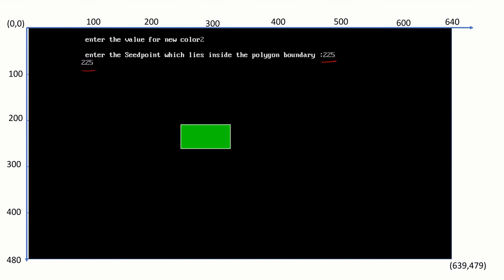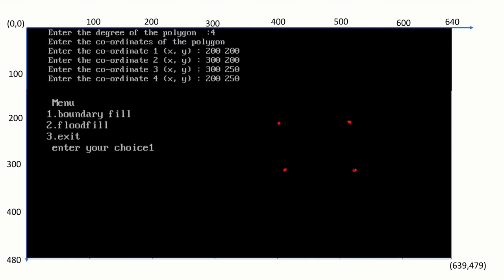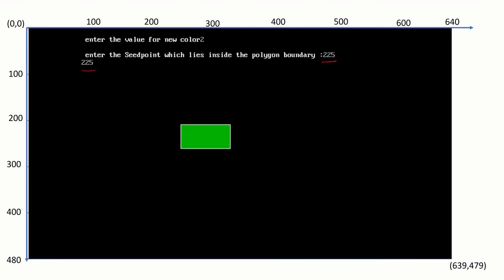The most important thing to remember here is, please keep your polygon size to some minimum value. If you keep a very big polygon, since we are calling a recursive function, it may not be able to provide the memory, so it may not be able to fill the entire polygon. So try to keep a small polygon. It can be a triangle, rectangle or any other shape, but try to give a minimum size. That is the first point to remember. The size of the polygon should be some nominal value. If it is very large, the fill may not occur due to the stack overflow.